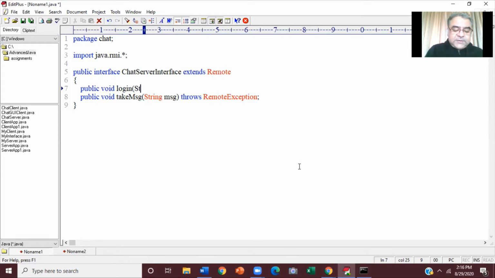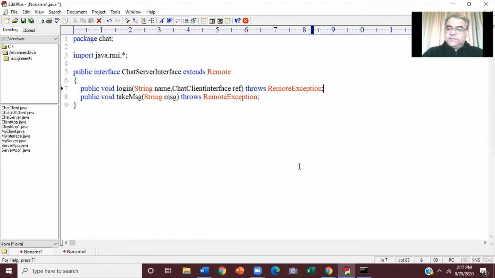So this method will take two parameters, string name, comma chat client interface ref. Again has a throws clause, throws remote exception. That's it.